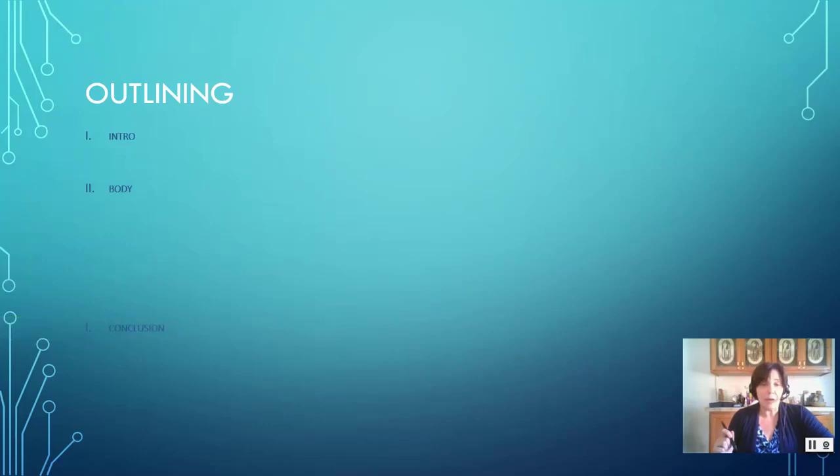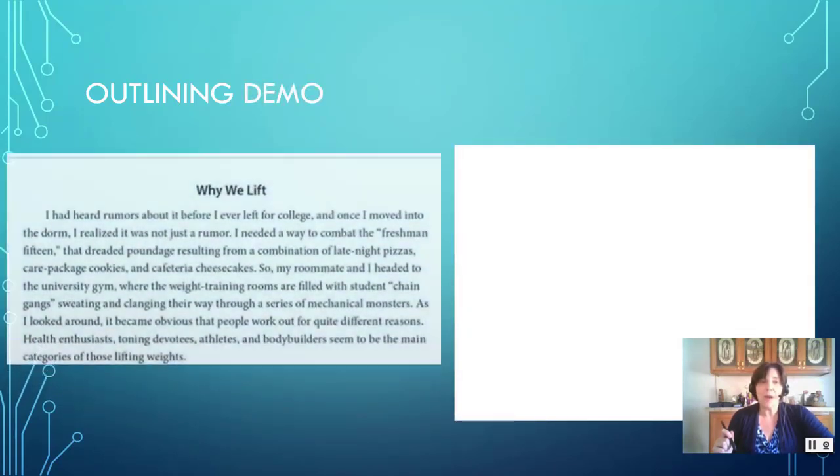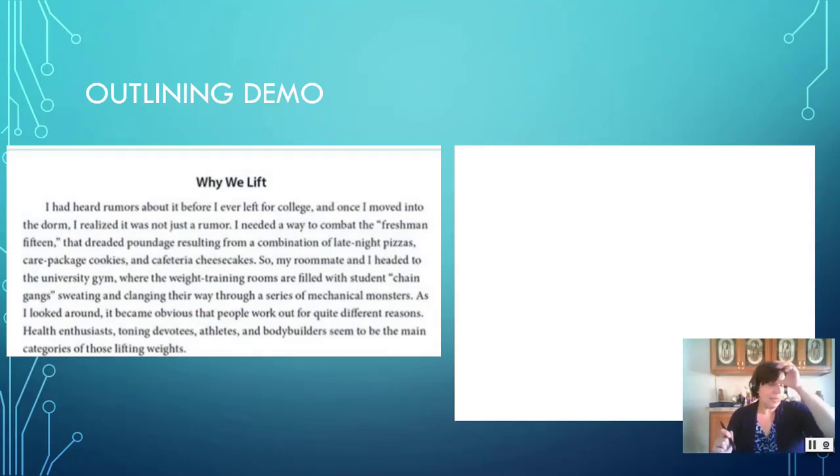What you may not know, or what I figured out, is that the letters A, B, C stand for the paragraphs. And then the 1, 2, 3 are the sentences that are included in that paragraph. And so you can see it would basically be rewriting the entire essay in shorthand. Still worthwhile. So I'm taking, for example, the article Why We Lift, and this is in your book, and you